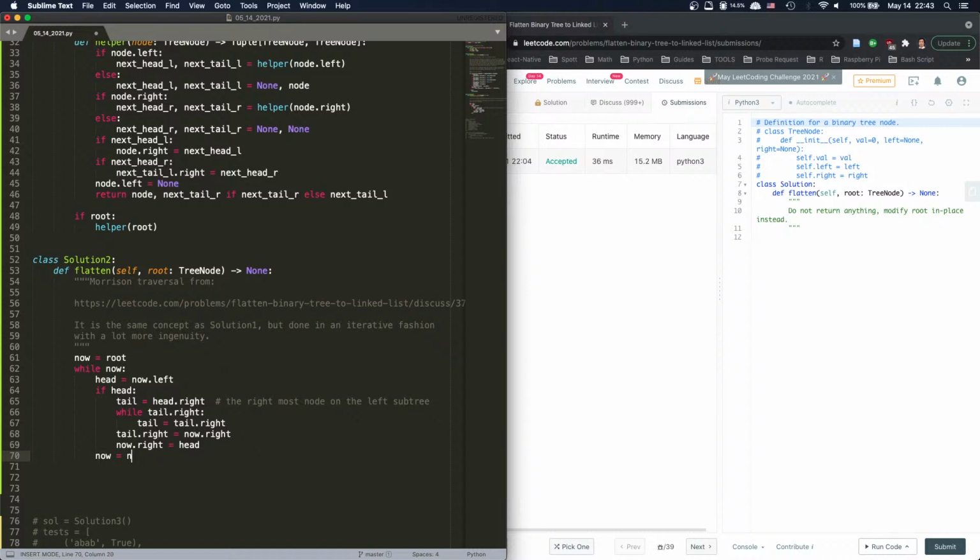So now equals now.right. So we can handle the next one. And then this one, handle it when it jumps. So we go all the way down. So every time we go to the rightmost node of the left subtree. Now after we do that, we're going to jump to the left subtree again. And then once this is all done, we're going to go to the right tree at the end. Because every time we do this, and then we go again,